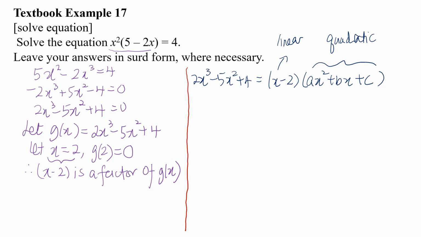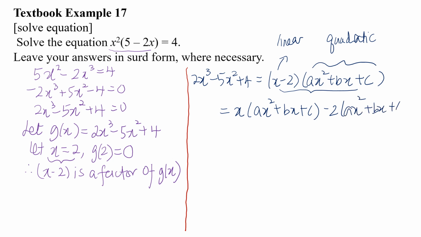Now the very long-winded method, the super long-winded method, is to expand this out. Expand every term out. If you take x times ax squared, I'm just going to do it for you. Please be patient with me, because this chapter is not easy. So if you're going to expand it out,